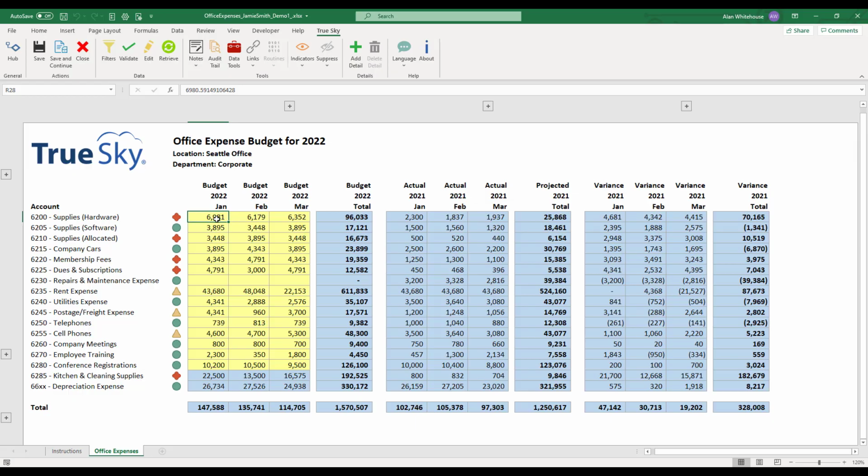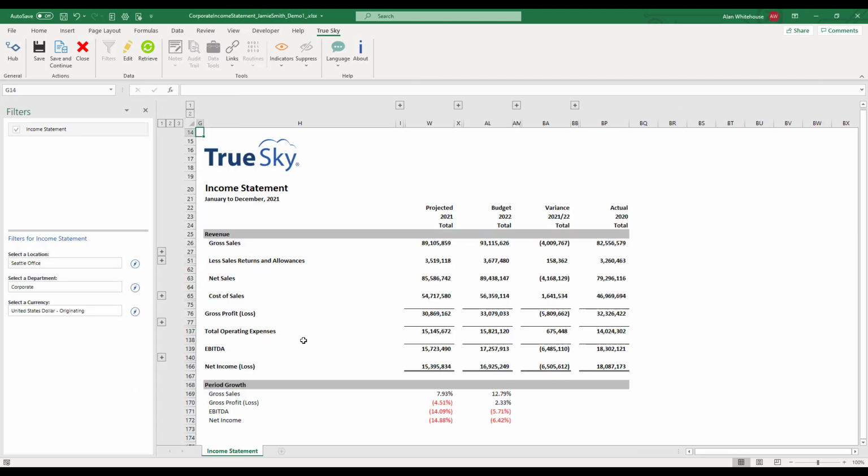TrueSky can report on any data that we have in the system. That could be sales forecasting, it could be FTE and headcount type reports, or it could even be financial statements. So here's an example up on screen of an income statement. Now these are presentation quality. You can print these out, you can email these as well, and like everything else in TrueSky, you're going to